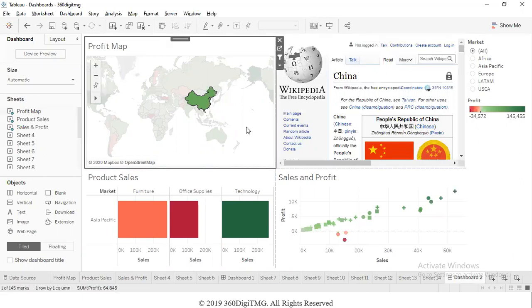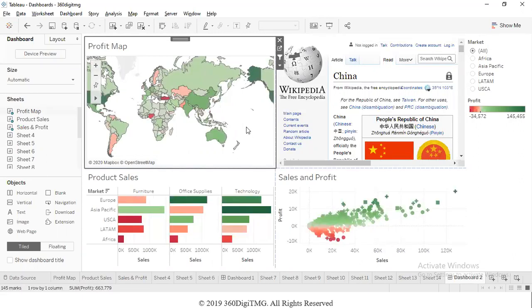So Go to URL will help us to access web pages outside of Tableau, or to bring those web pages and embed them inside Tableau itself. As long as we are giving the link to that web page, it will work. I mean, the connection is based on the link that we give.